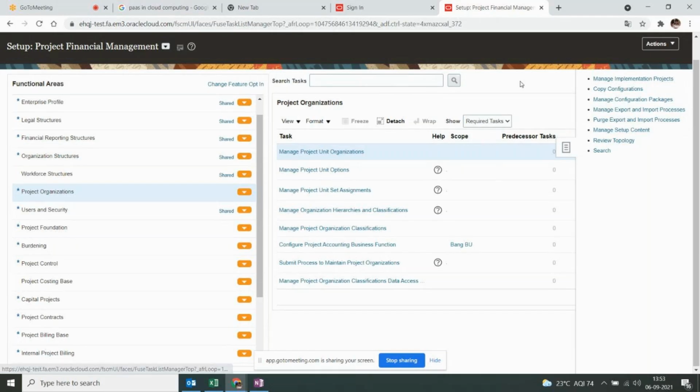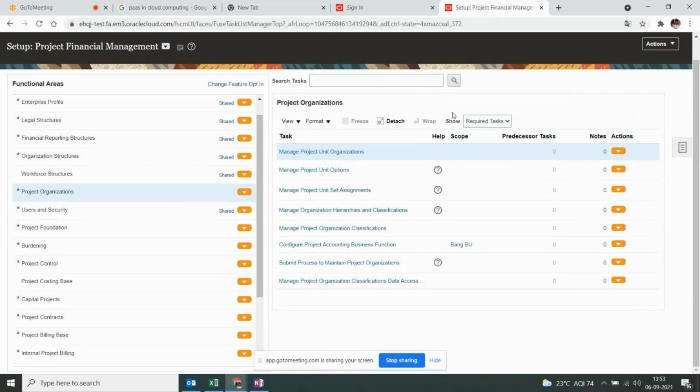Okay, and then if you want to search for a particular task, because sometimes the managers don't remember the exact task under each functional area, what they do is go to search tasks. But remember, guys, you don't follow this method. You have to remember the task related to each functional area. I'm just giving the available option.